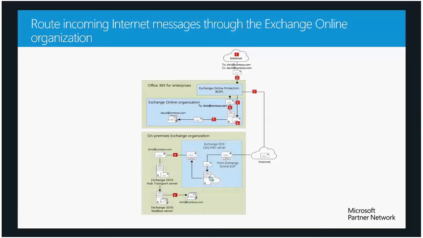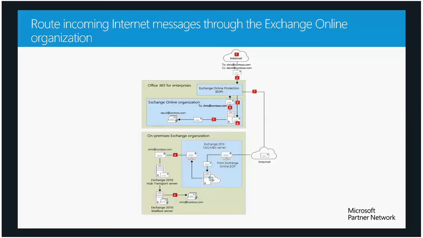Then Exchange Online Protection looks at what the MX record points to. And it sees that the MX record for contoso.com points to Exchange Online Protection. At the same time, it sees that David at contoso.com is hosted in Exchange Online, so the email is sent further to David's mailbox. With the other copy of the email, the one sent to Chris at contoso.com, Exchange Online Protection will route the email